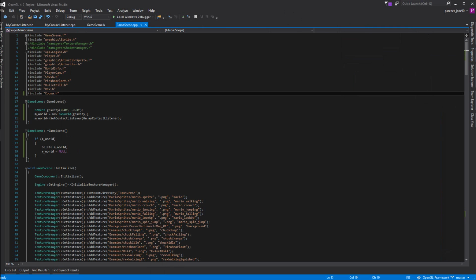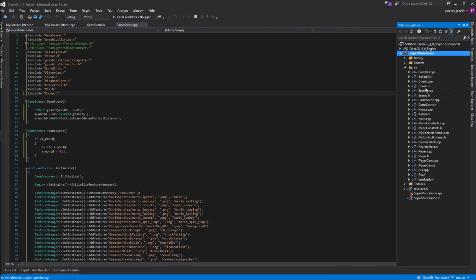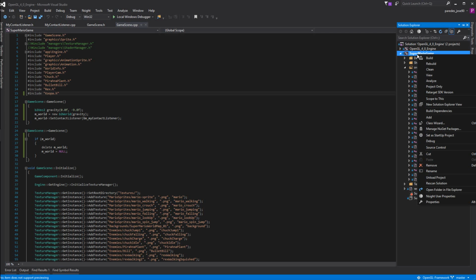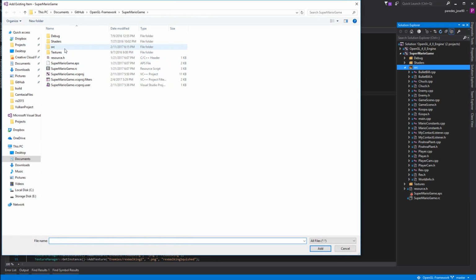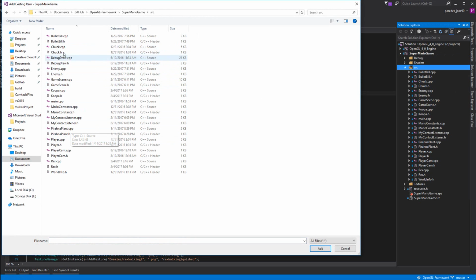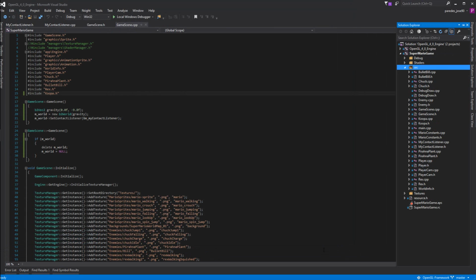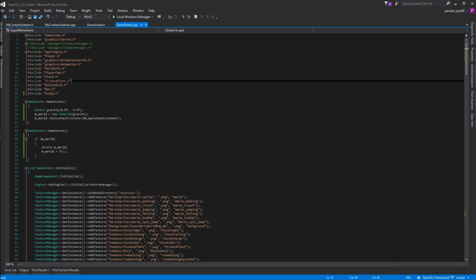And that camera is just going to be used for that. And make sure you include those items. So you want to say add existing item. And you go to the source folder and you want to include debug draw CPP and header file. Now that you have done so,